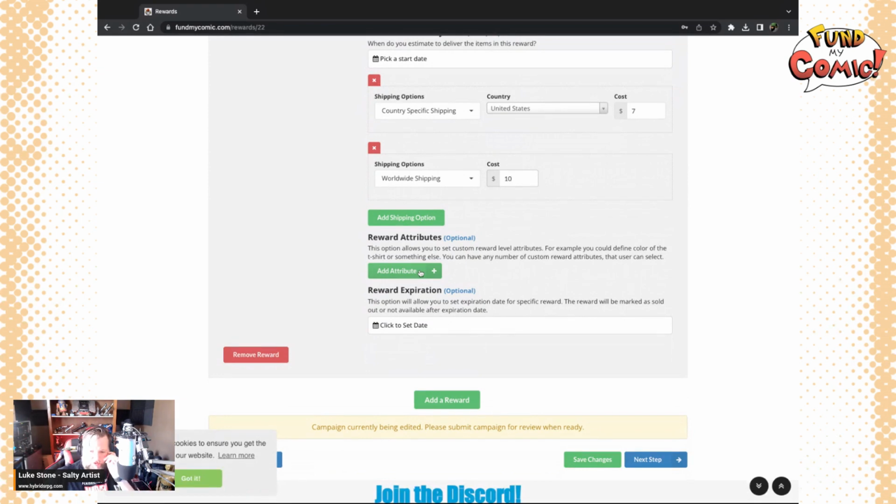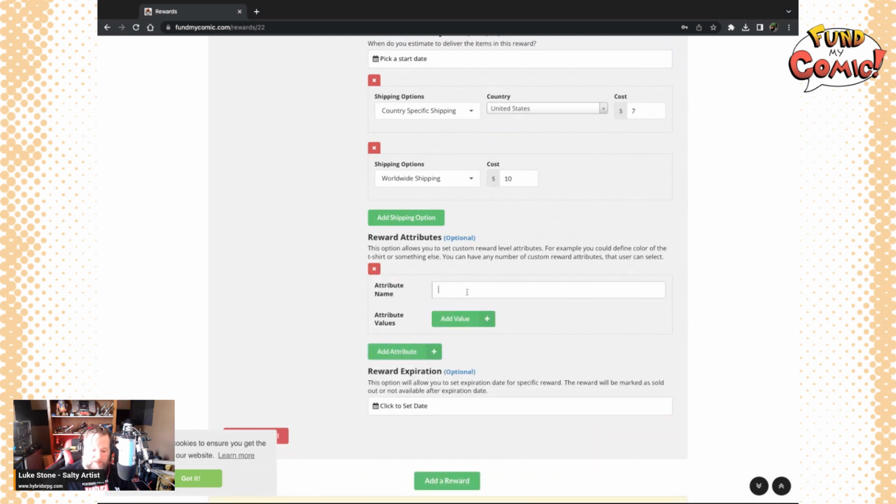This is a really cool feature that we've added called reward attributes, and it is completely optional. What I like to do is, say for instance, I've got one book, they're all the same price, but I've got 3 or 4 covers. So instead of having 3 or 4 different rewards out there, I can actually create one for the book. And I can just put